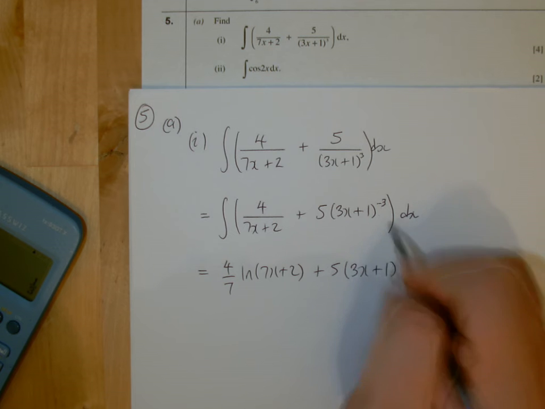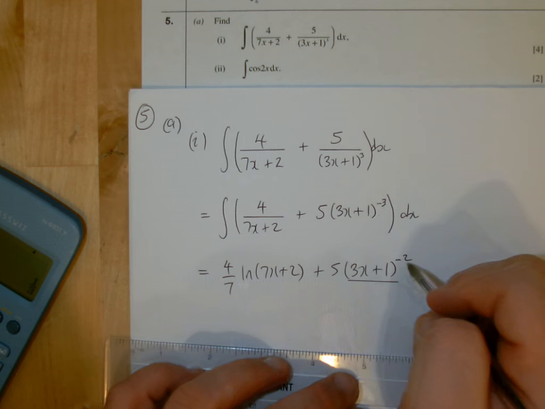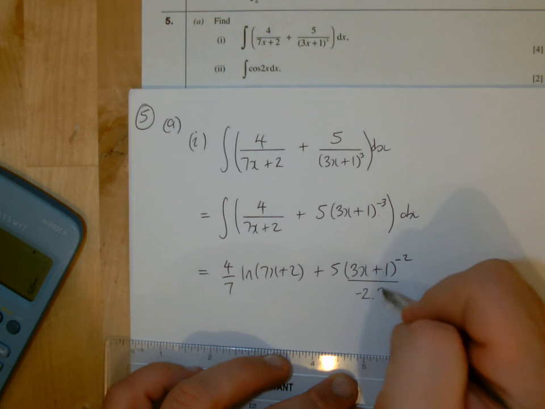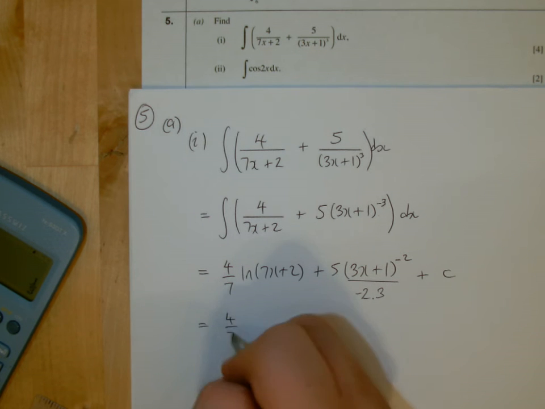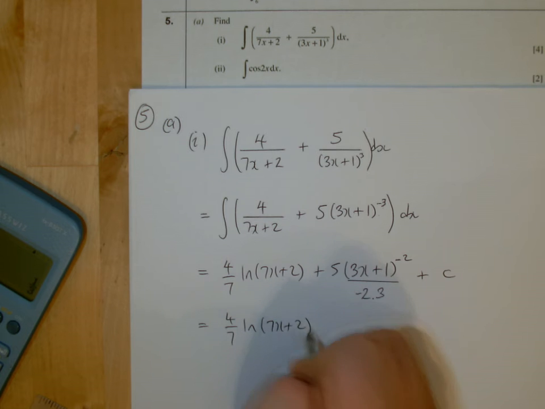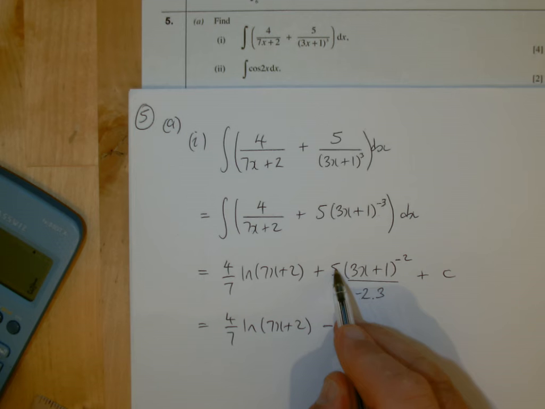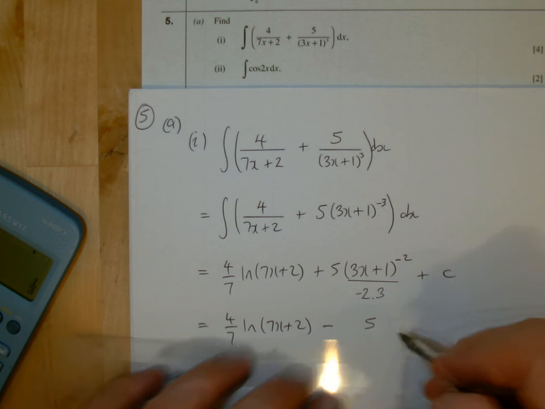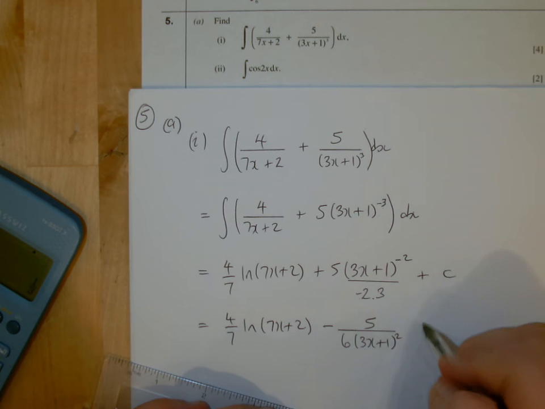Remember the first method we saw, so we add 1 to that power, so -3 add 1 is -2. Divide them by this new power, which is -2, times by the derivative in here, which is 3, plus then a constant. Okay, so a little bit of tidying up, then we get 4/7 ln 7x plus 2. And there's a minus there, so we can put the minus in front. 5 on top. 6, that becomes then on bottom, and we could even take that bracket down, couldn't we? Because it's a -2, take it down to +2. So we have a fraction of 5 on top, 6 on bottom, and that bracket to +2,